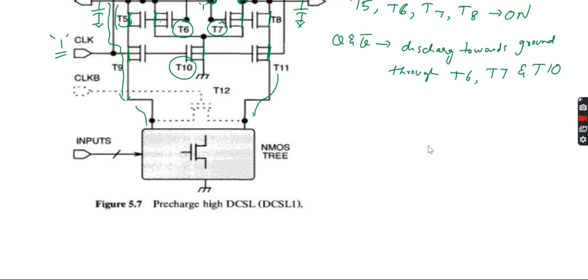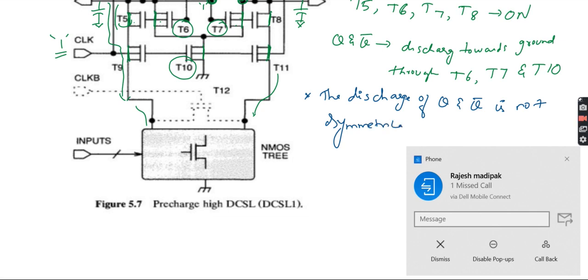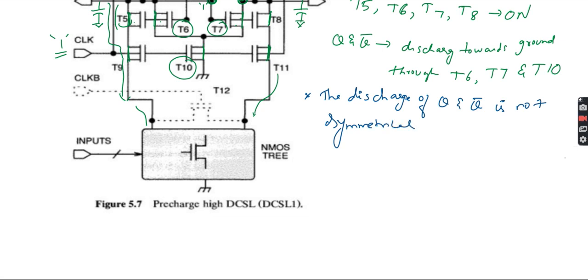So what we can say is that the discharge of Q and Q bar is not symmetrical. It is not symmetrical because of